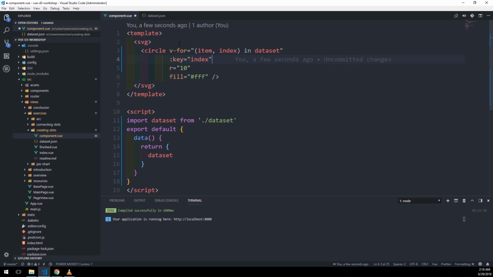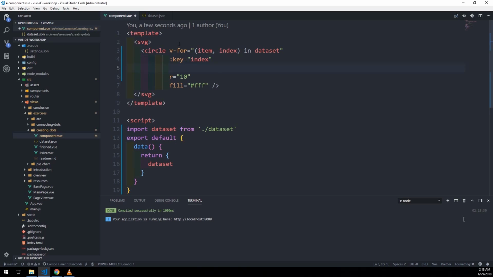Okay, so we've got v-for item index in dataset. We're going to add our cx and our cy values. Now, another thing to note is that you see here we've got this colon. This is shorthand for v-bind. We're binding the key object, and we're making the value of it the current index that's being iterated. So if we ever want something that's dynamic or something that's not a string, we bind it. So we're going to bind cx equals